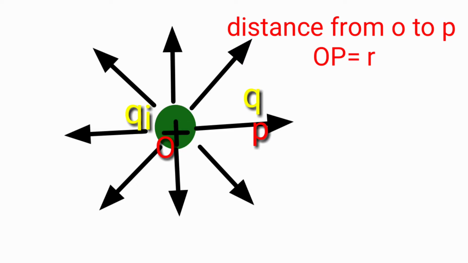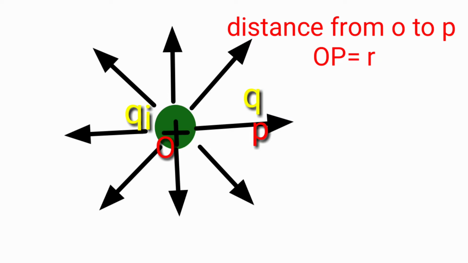Here we may ask a question. If charge Q is removed, then what is left in the surroundings? Is there nothing? If there is nothing at the point P, then how does a force act when we place the charge Q at P? To answer such questions, the early scientists introduced the concept of field. That is the electric field. According to this, we say that the charge Qi produces an electric field everywhere in the surroundings.